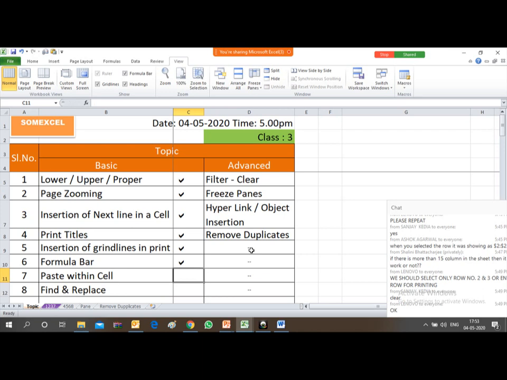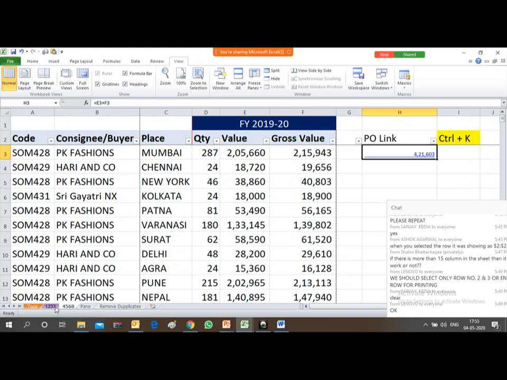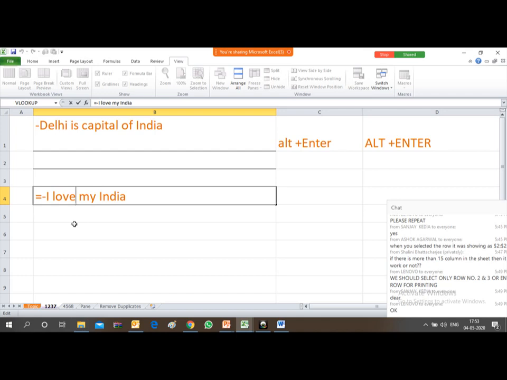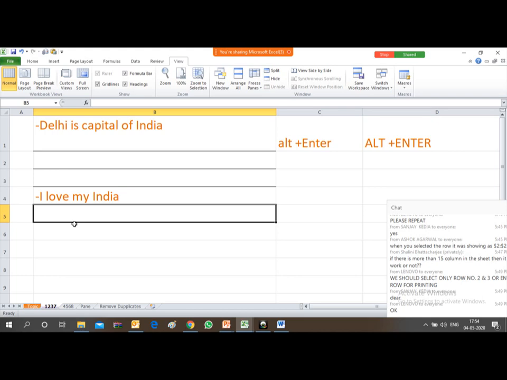Friends, now let's start paste within cell. How can we do this? Suppose we want to paste data within the cell.